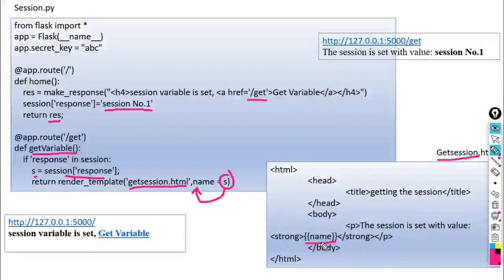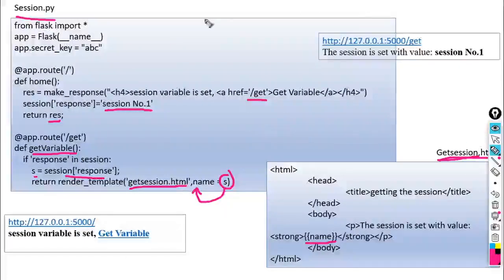So when get session.html is rendered within the Python script, s will be passed to name, and this name will be displayed when we invoke the HTML script. So session.py is associated with get session.html, which we rendered within session.py.